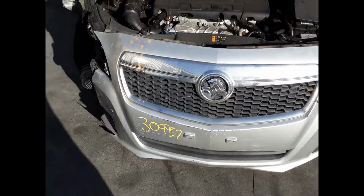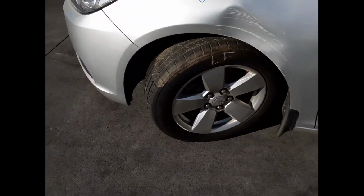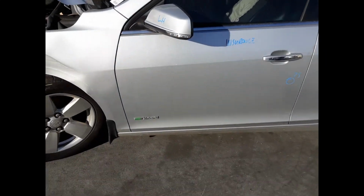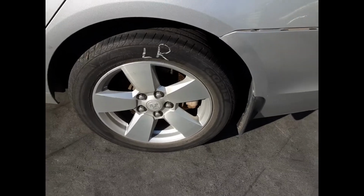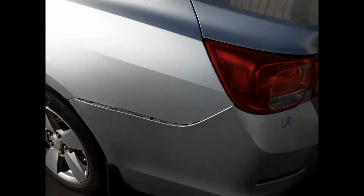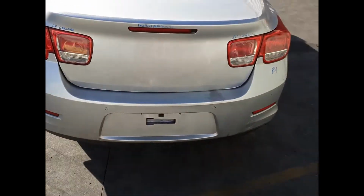We have the radiator grille, left hand headlight, left front 17-inch factory alloy mag with a good tyre, left power door mirror, left front door has 1 small dent, left rear door has 4 small dents, left rear 17-inch factory alloy mag with a bald tyre, left hand tail light, left boot lid garnish, tidy rear bumper cover, boot lid appears to have no damage,